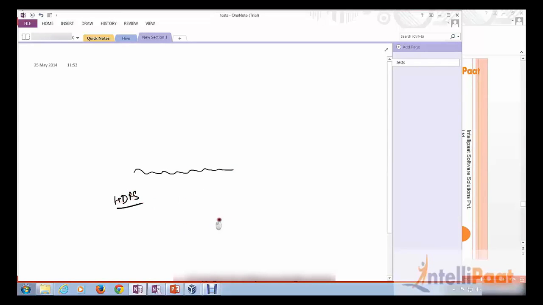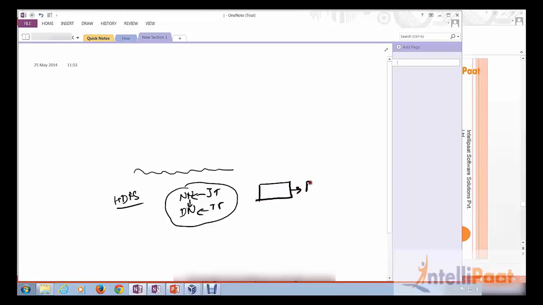Inside here, you have the name node, the data node, the job tracker, and the task tracker, and they communicate this way. And you have a huge file here, say file F1. Now, when you have this file F1 and you write MapReduce code,